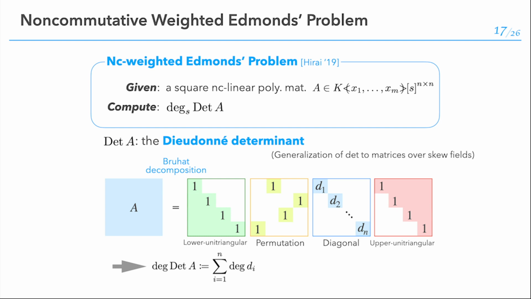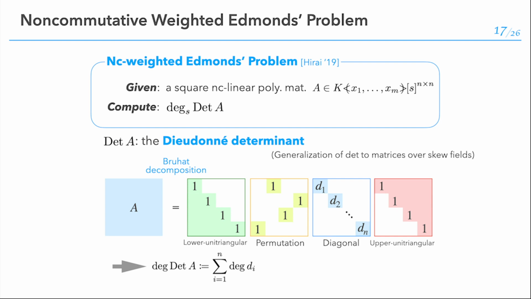When we are given a matrix A over a skew field, then A can be decomposed into a sequence of 4 matrices. The first one is lower unitriangular. Here, unitriangular is a triangular matrix whose diagonal entries are all 1. The next one is a permutation matrix, the third one is a diagonal matrix, and the last one is